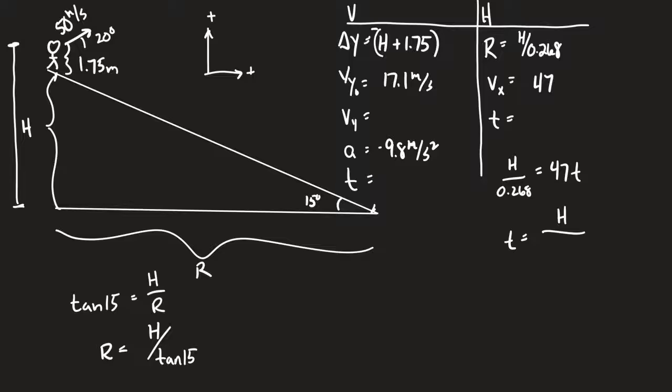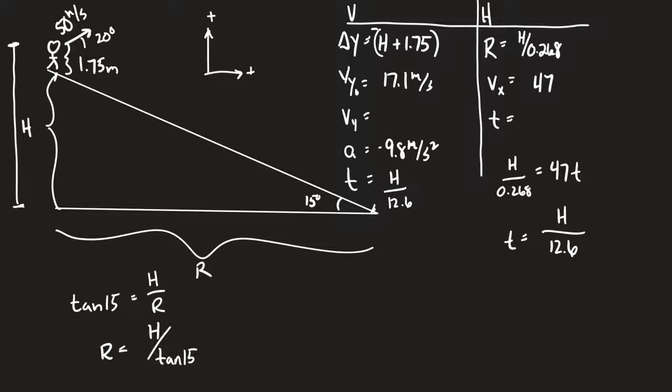I'm sorry, I just can't hear you. 12.6. Thank you. All right, so now I have an expression for the time. On the left side, I'm going to go ahead and put together a relationship that has time in it, but I'm going to use h over 12.6,